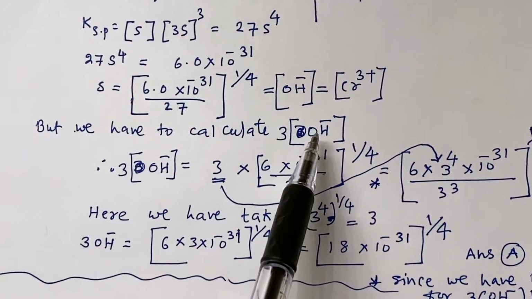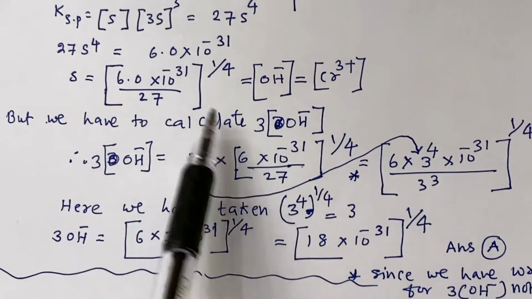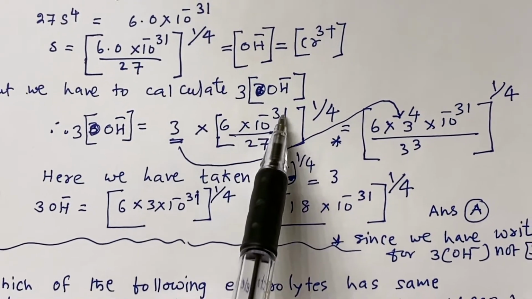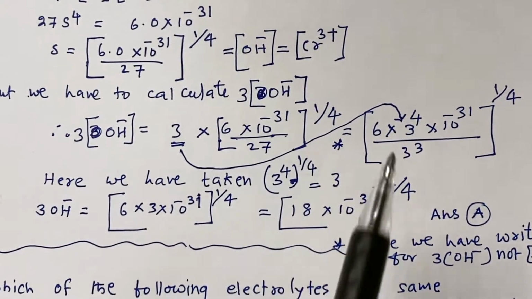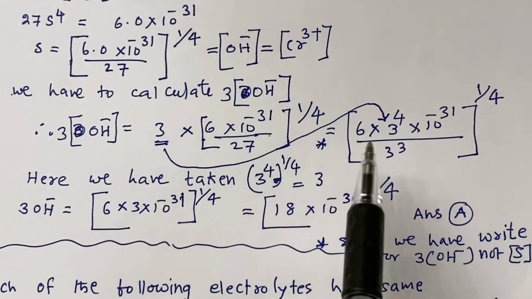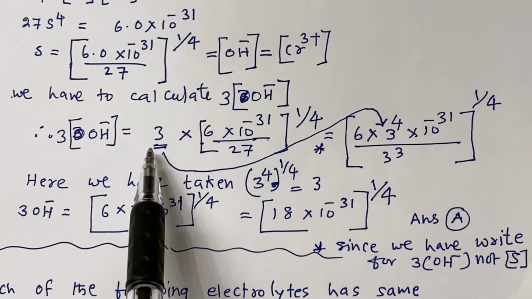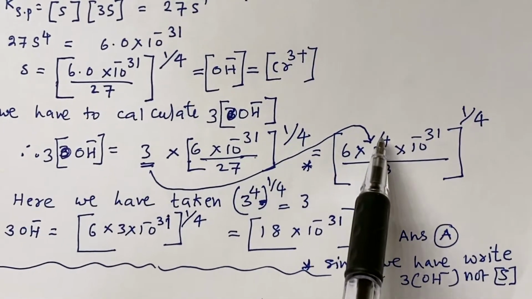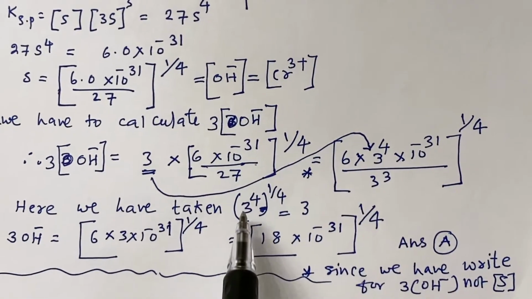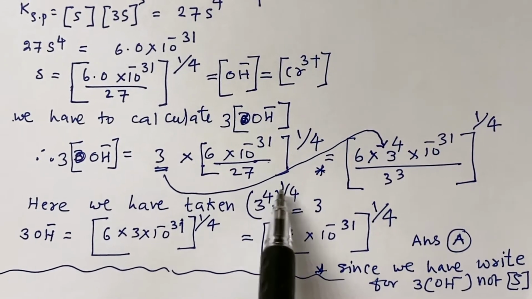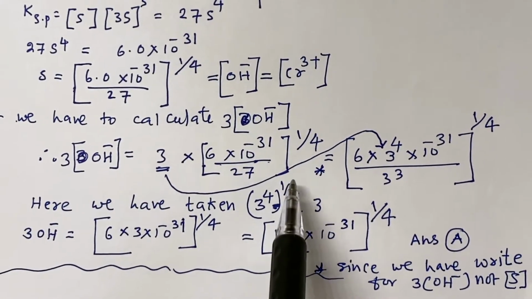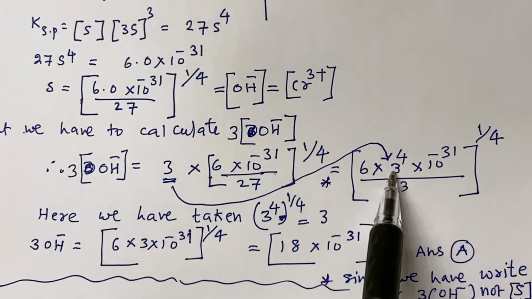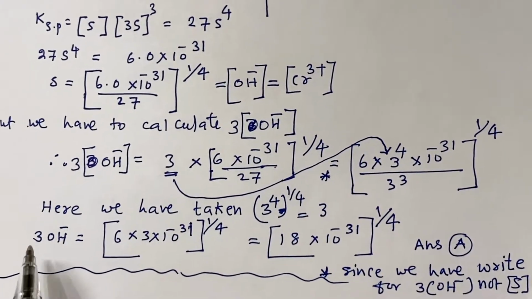The hydroxide ion is 3 times the solubility. So if you multiply this S value with the 3 for OH minus, so 3 into 6 into 10 to the power of minus 31, 1 by 27 to the power of 1 by 4. So here this 3 is outside. So if you take inside, we have to write 3 to the power of 4. Obviously 3 to the power of 4, and when you take the 1 by 4th root, it will be coming 3 only. So depending upon that one, we can write 3 by 4. So OH minus is equal to